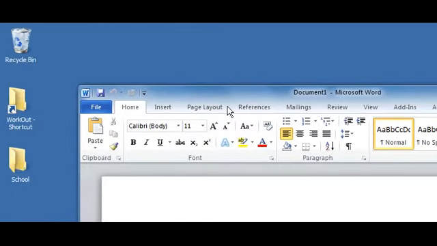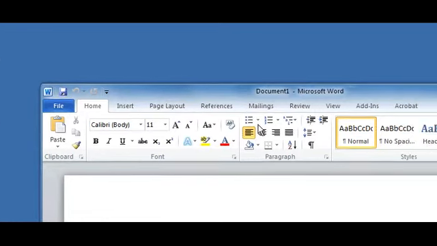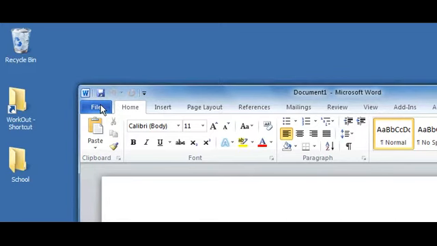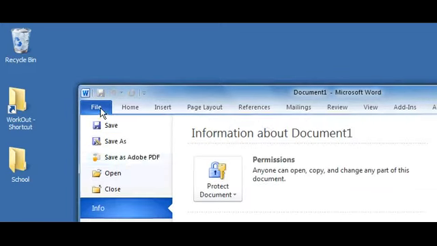Okay, so let's take a quick look at the interface here. Microsoft Word has a couple quick buttons up here. So we have this Save button, which is probably the most important one. Notice it's a floppy disk. You've probably never seen one, but that's how we used to save information on a computer, and that's still the icon for save. But most of the file operations are in this File menu. So notice if we click on the File tab,